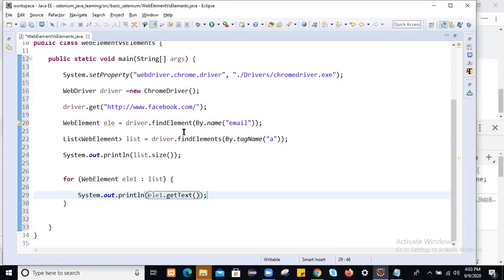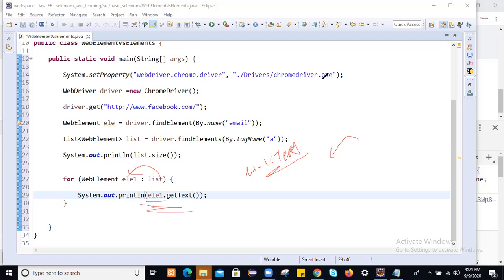First of all, it will pick up the first link from the list and pass it to the element. On that web element, we are trying to retrieve the link text, and we are displaying that link text to the console.